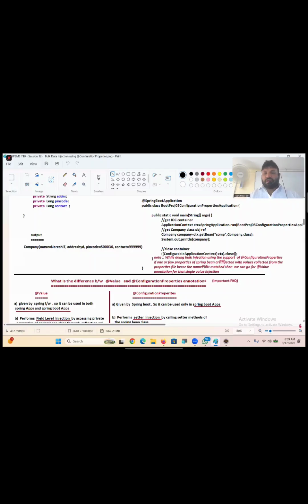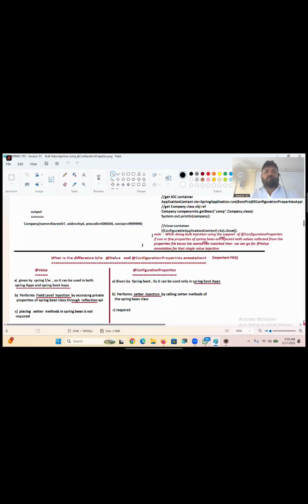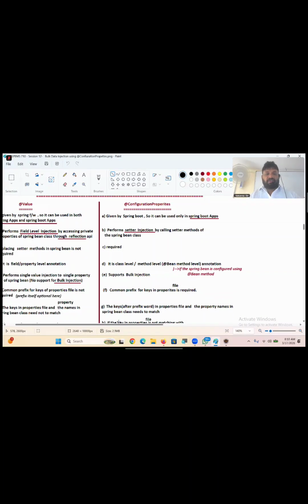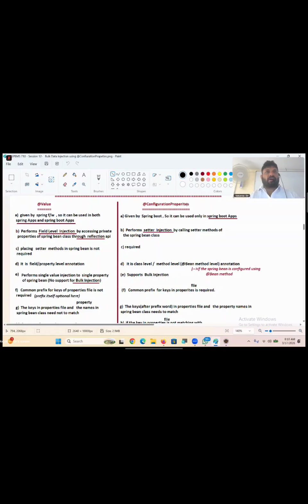Yes, boss. What is the difference between the @Value and @ConfigurationProperties annotations? Everyone getting my point? Yes. On one side @Value, on the other side @ConfigurationProperties. @Value is given by the Spring Framework, so it can be used in both Spring applications and Spring Boot applications. @ConfigurationProperties is given by Spring Boot, so it can be used only in Spring Boot applications. @Value performs field level injection by accessing